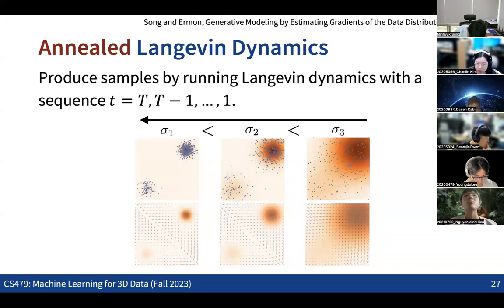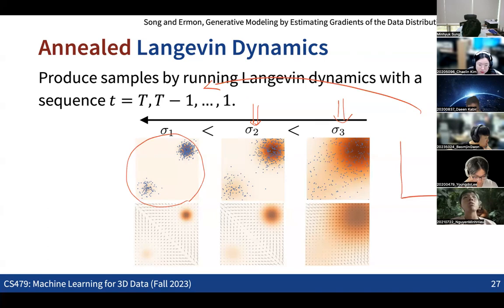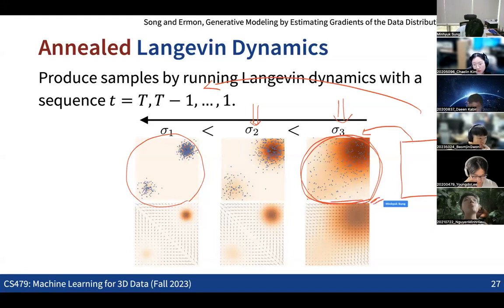So we have this data distribution, and we perturb the data in a way that gives us a noisier data distribution, and then an even noisier one. Then we run the Langevin dynamics in a reverse way. We start from some kind of uniform distribution, and we first run the Langevin dynamics to get a perturbed distribution with a score function like this one. This is one step.